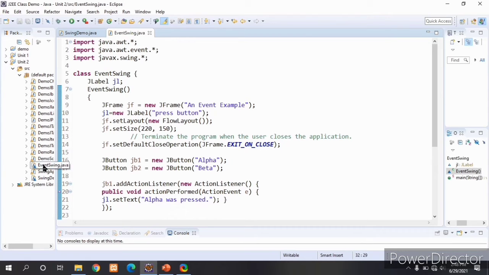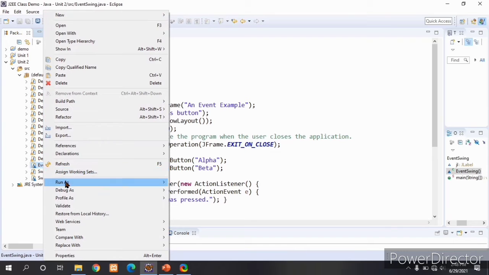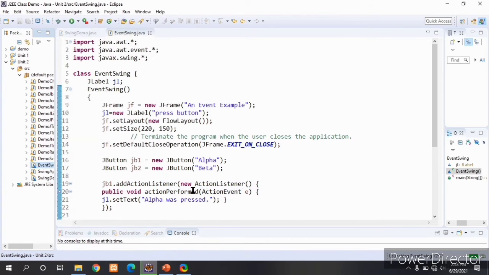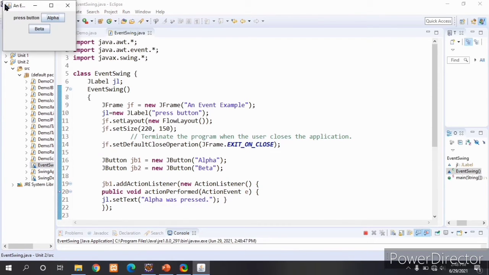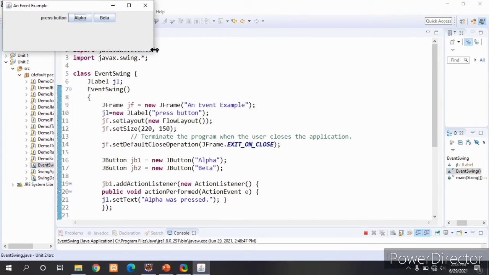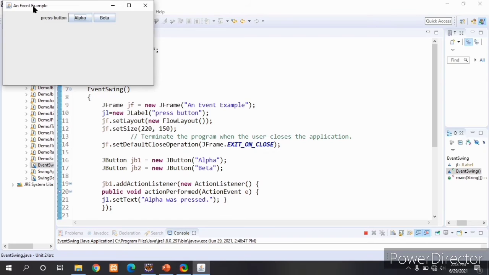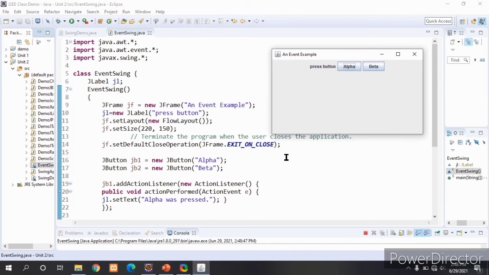Now we will see the output. See here, this is our output. This is one JFrame. The name of the JFrame is Event Example. Initially the JLabel is displaying "press button."